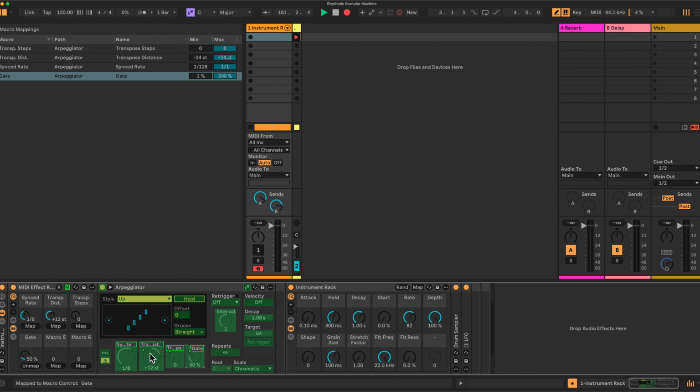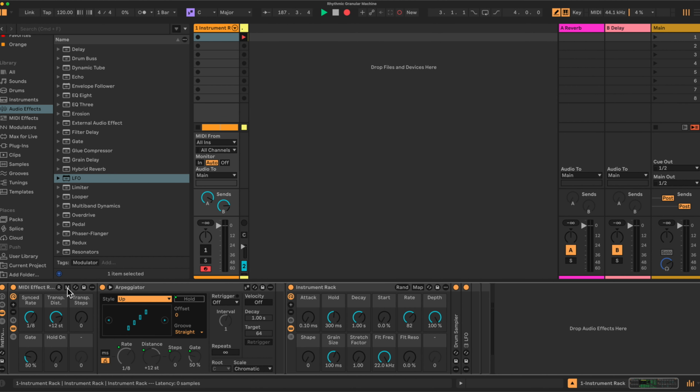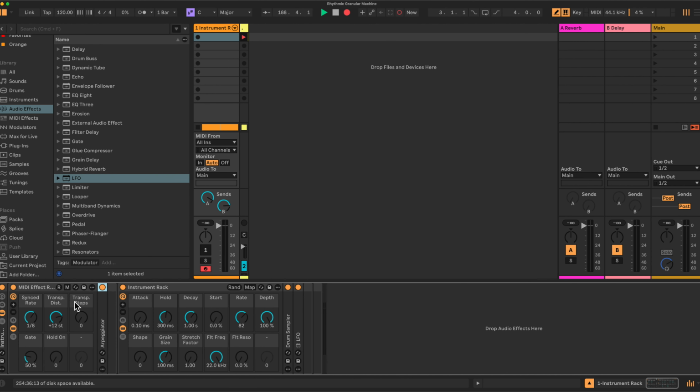And the hold on this button here, we're going to map here. This one we can also rename. Let's put a little dash in there. Okay, so that's set up as well. We can come out of here and we can close that. So we just keep these macro racks open here, and we now go to the first instrument rack and